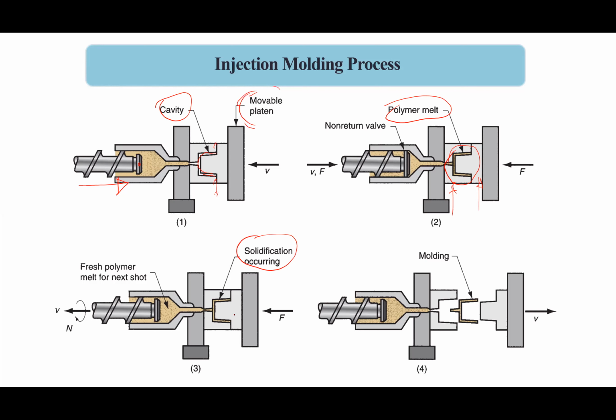when the part is solidified, then screw moves backward, and at the same time it rotates. Okay. It rotates and moves backward, so that another bunch of shot of material can get into this location. Okay. Fresh polymer melt for the next shot is ready in this place. And once the solidification is done, then movable platen moves to the right direction, and then the cavity is opened, and the molding part that actually sticks